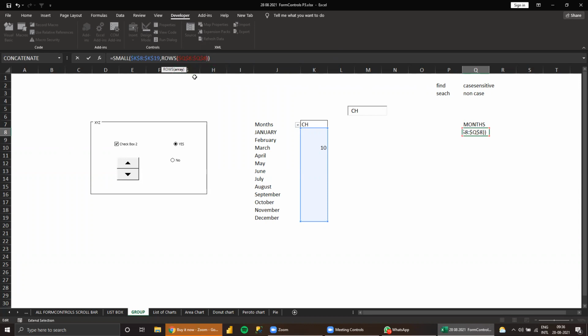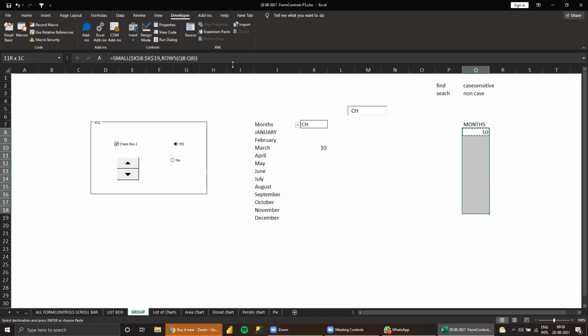Only the starting cell you should freeze.